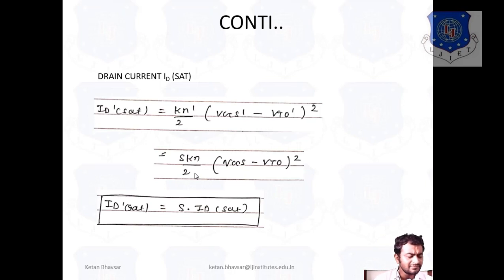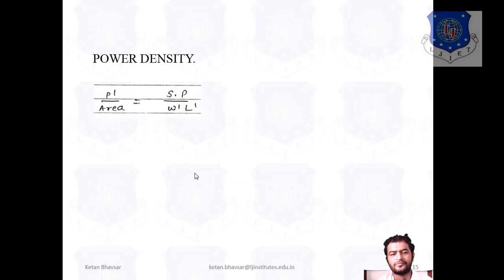So basically in this situation, the voltage parameters remain constant, and the current is scaled by the factor S only in terms of the multiplication point of view, in both linear and saturation. Now, similarly, we calculate the power density factor. For calculating it, we have to calculate power, and power density is power divided by area. So power by area can be calculated by P' divided by area, which is equal to S times P, as we have. In terms of the area, we consider a length and width.